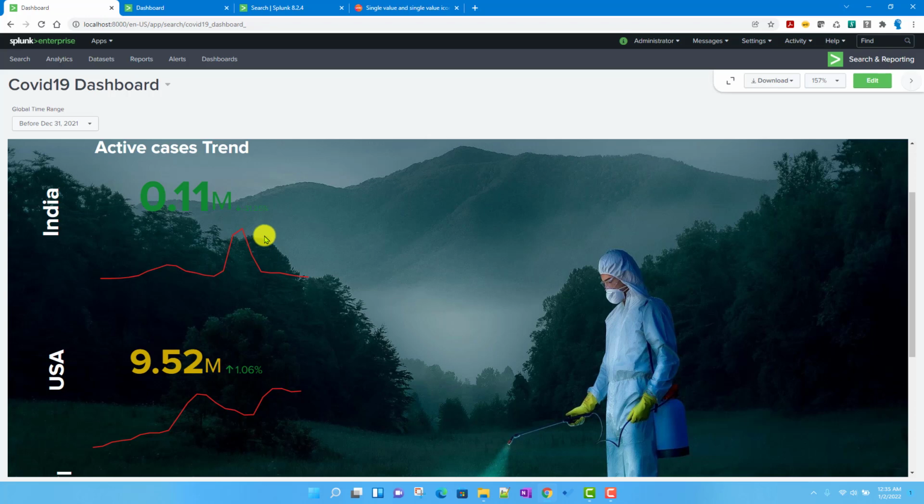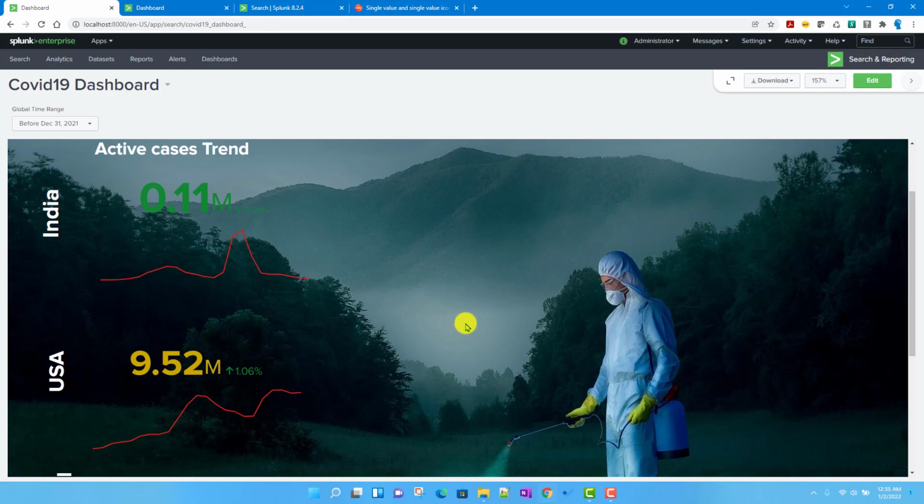So maybe we want to color it the same as whatever our current trend is, right? This thing we are going to achieve using dynamic coloring of this spark line. For that we need to understand certain structures, so we will first discuss and then try to achieve this. Okay, so hopefully this video makes some sense.